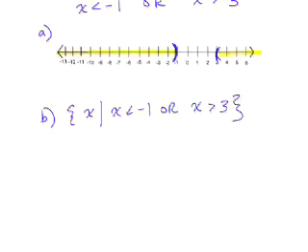Part C, write our solution set using interval notation. Notice we have kind of like 2 intervals going on here, so our interval notation version of our solution set will look like 2 intervals. So our first interval, we're coming from negative infinity and we're coming up to negative 1. So we want to always write interval notation in the order from left to right that it's occurring on the number line. So we'll take care of the interval coming from negative infinity up to negative 1, parenthesis on both,